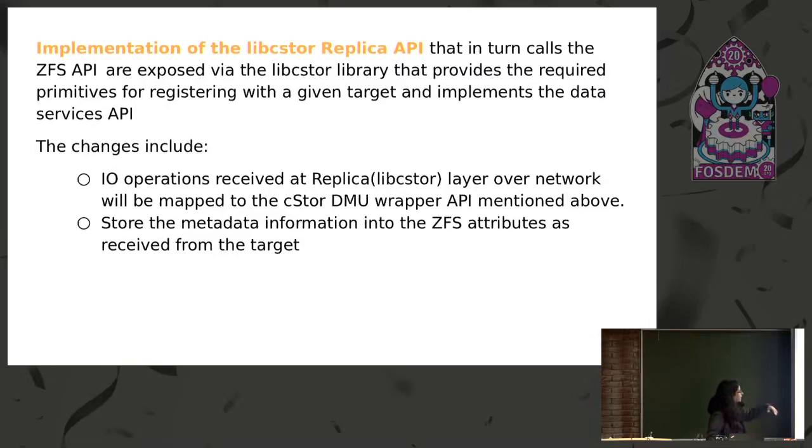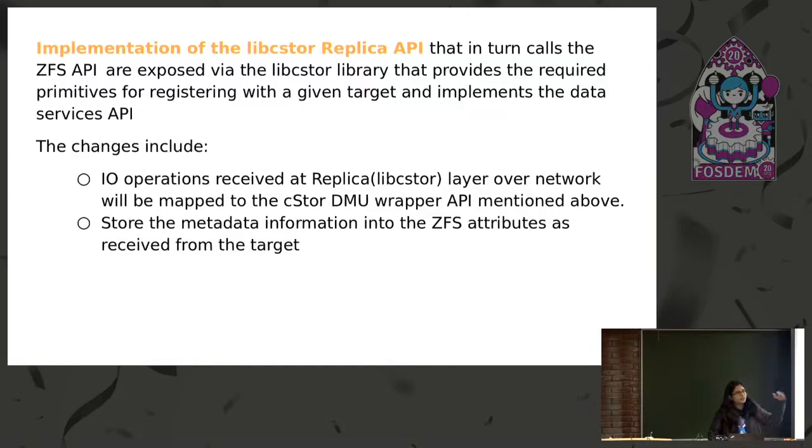And we also created a wrapper of a DMU layer, which is a ZFS layer only, the data management layer. And there we created a wrapper so that we can send other IO operations along with the metadata. And that metadata is, the target sends with the IO operation a metadata, which is kind of an incremental IO number, which is stored in our volumes in a ZAP attribute, which is used to rebuild in case of a failure. So for example, if we talk about the whole flow,